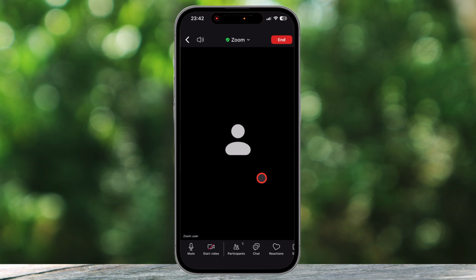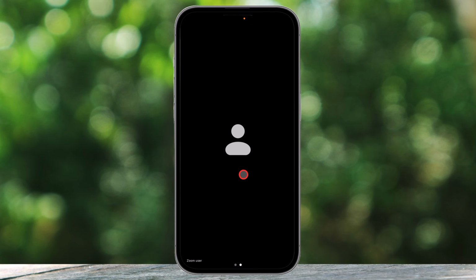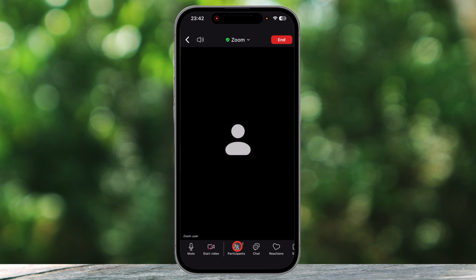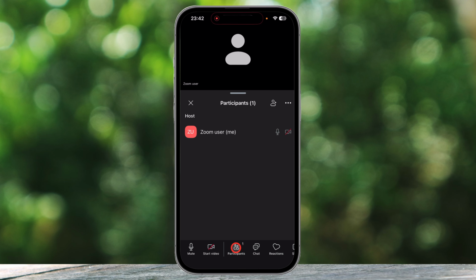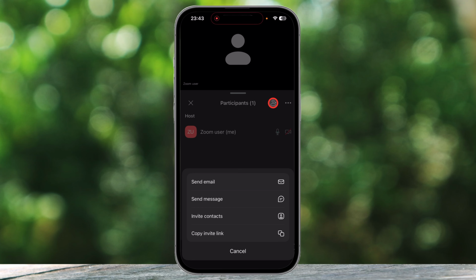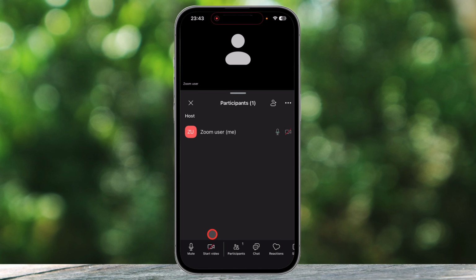After you have started or scheduled a meeting, you can tap on the Participants tab at the bottom of the screen to manage attendees. In the Participants window, you will see an Invite button, which you will need to tap to see more options for sharing. From the Invite menu, you should select the Copy Invite Link option to copy the unique meeting link to your